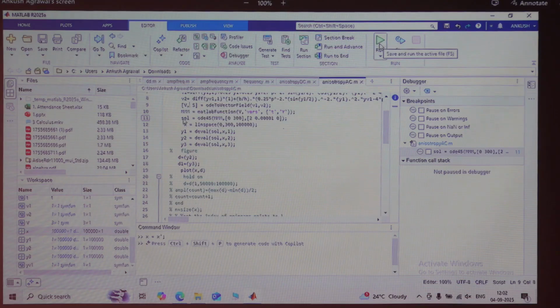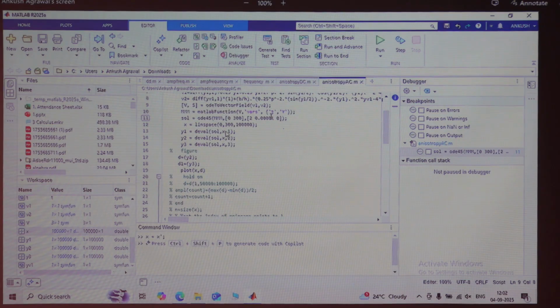Solution is representing what? This is the solution of the MMM. MMM consists of two equations. The solution consists of ODE45 implemented on the MMM using this condition, time span and the initial condition. So MMM consists of the variation of V with respect to time, and V consists of two equations, V1 and V2. So we are saying that evaluate this solution